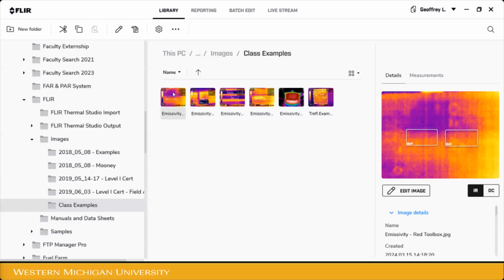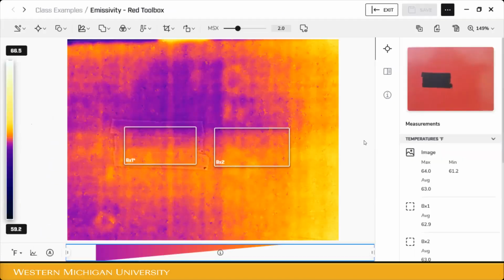Here is an example of an image where the diffusivity of the tape and the diffusivity of the material are not very different at all. You can see the tape barely shows up in that image. And this is an MSX image. This is with the visual overlay. If I get rid of the visual overlay